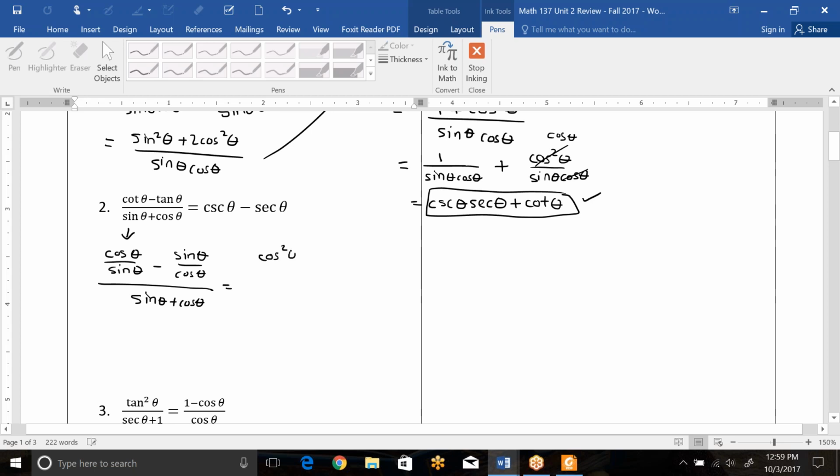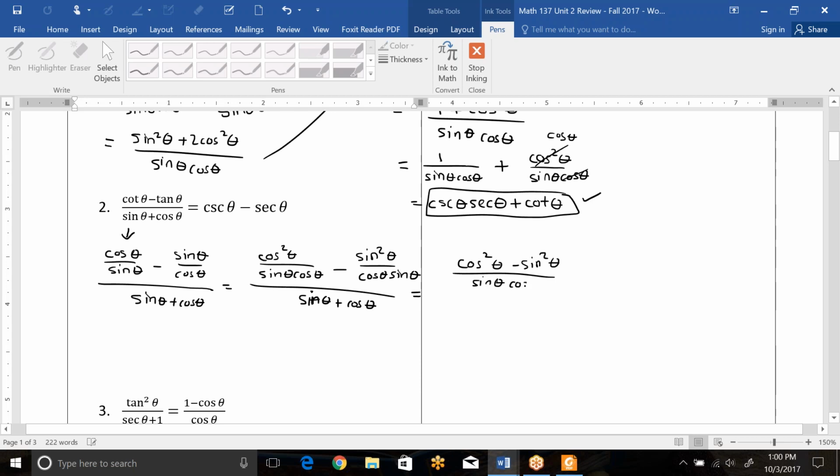Okay, so if we get a common denominator on top, we'll multiply the first fraction by cosine over cosine. Multiply the second fraction by sine over sine. Still have our bottom, sine theta plus cosine theta. Okay, we can combine the fraction on the top. That would be cosine squared theta minus sine squared theta over sine theta cosine theta